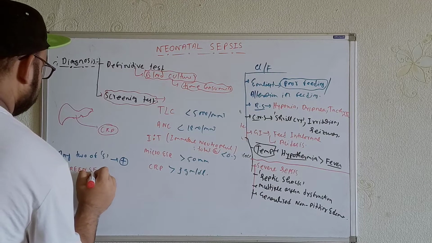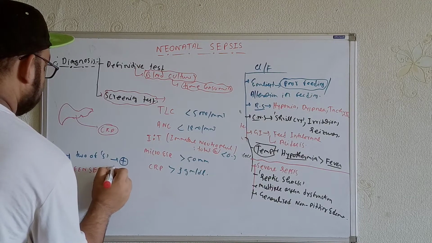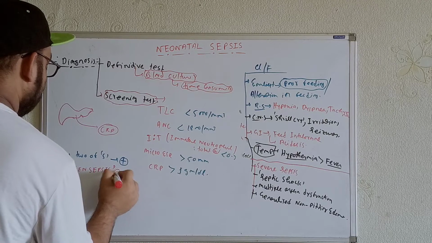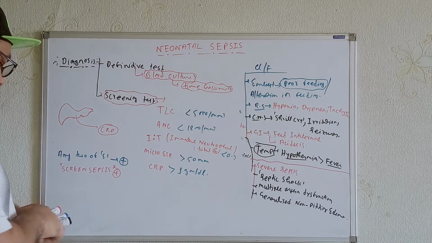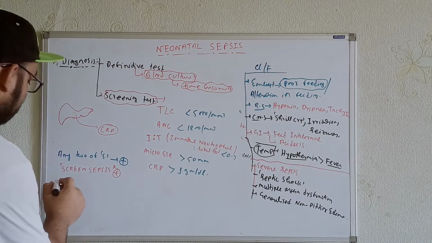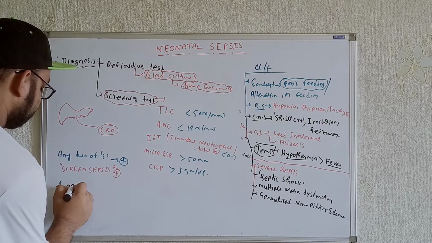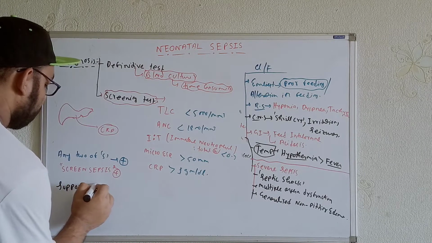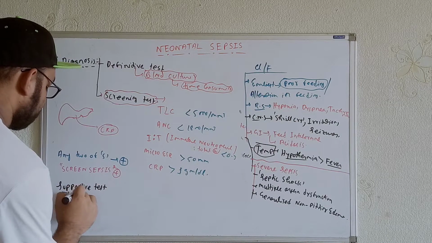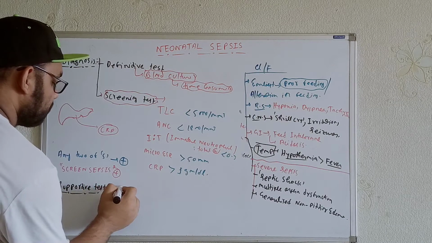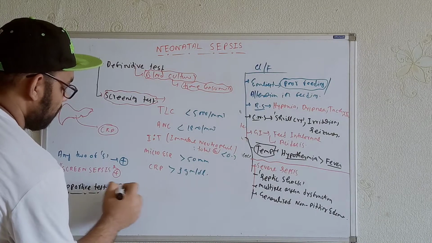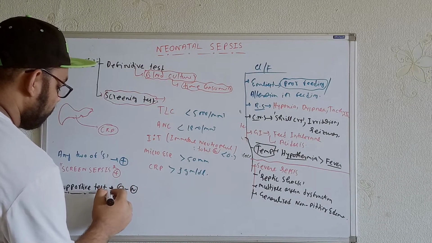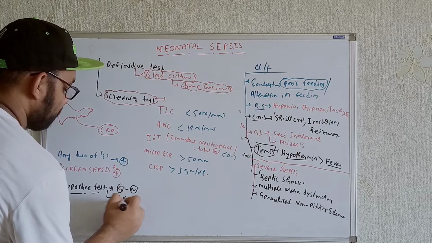Screen sepsis, that is positive. Now we can do some other supportive tests. What type of supportive tests can we do over here? We'll do the test to see whether the blood glucose level is normal or not. We can do some checks, an X-ray, and